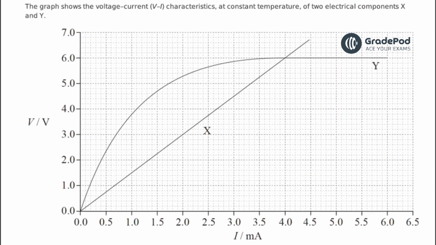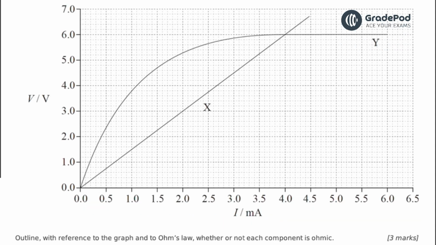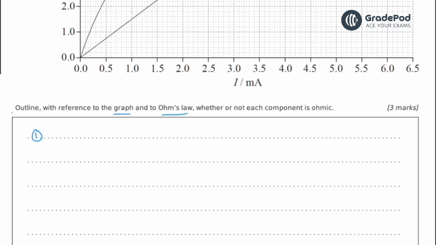The graph shows the voltage current characteristics at a constant temperature of 2 electrical components, X and Y. Outline, with reference to the graph and Ohm's law, whether or not each component is ohmic. So it'll be 1 point for stating what Ohm's law is, 2nd point for looking at X to see if it's ohmic, and the 3rd point for looking at Y to see if it's ohmic. And Ohm's law is that